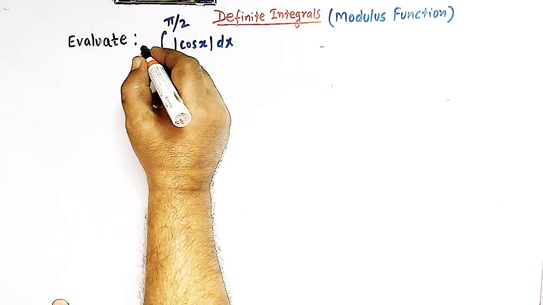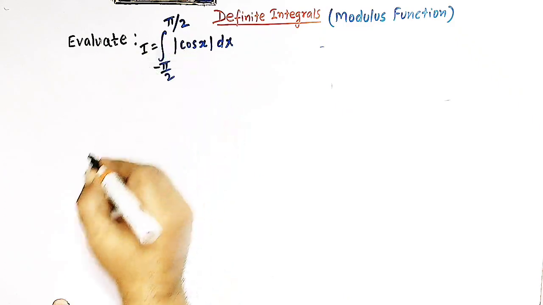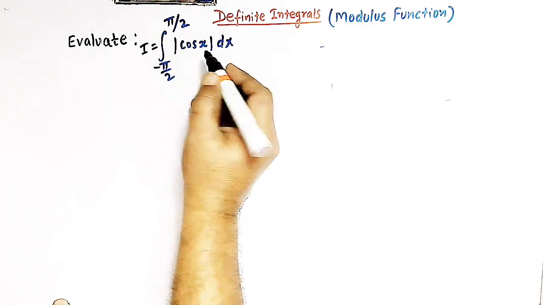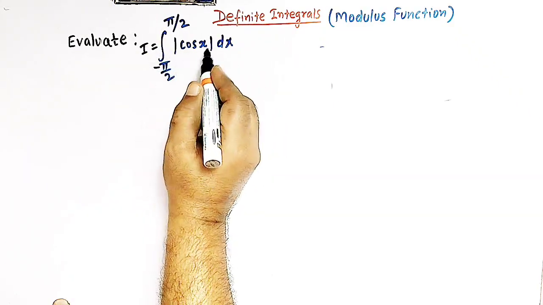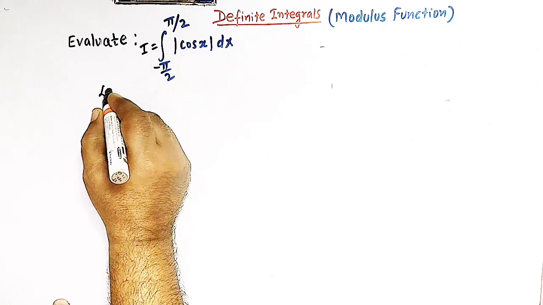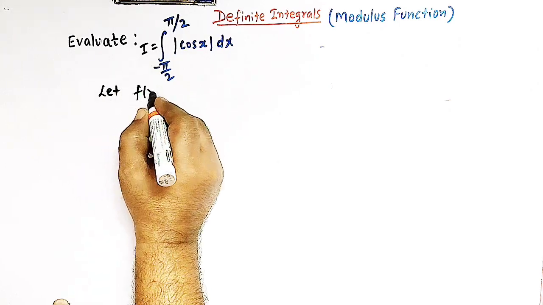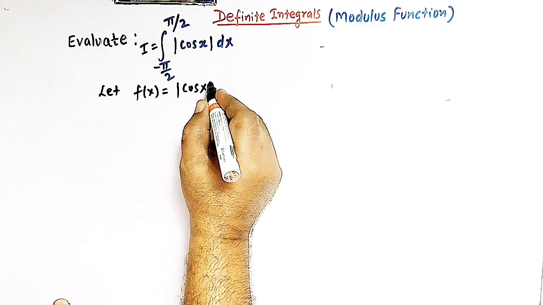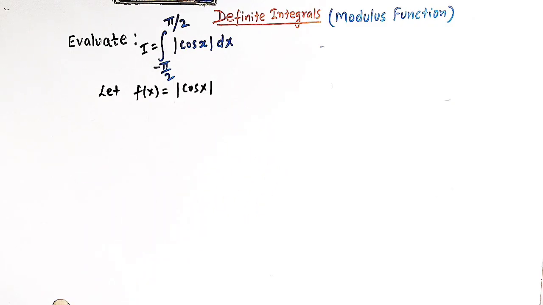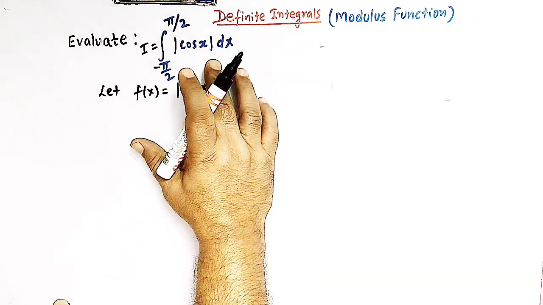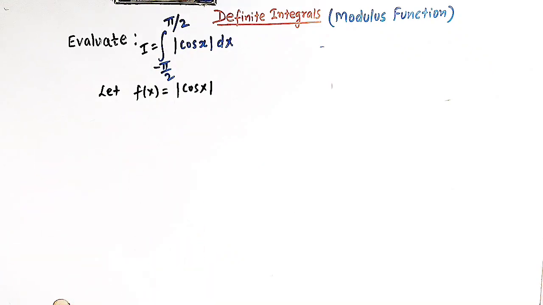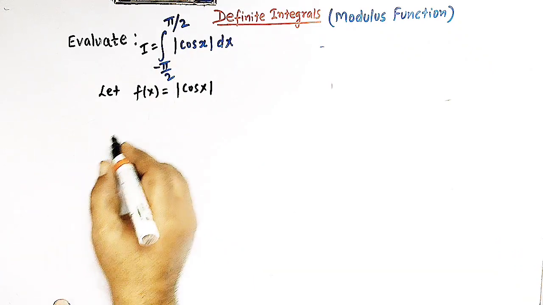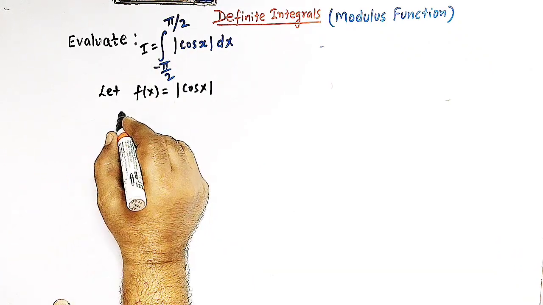So let us first call this integral as I, and here our integrand is mod of cosine x. So let us take f of x is equal to mod cos of x. Now here before moving further, let us see an important property of definite integrals, and the property goes like this: